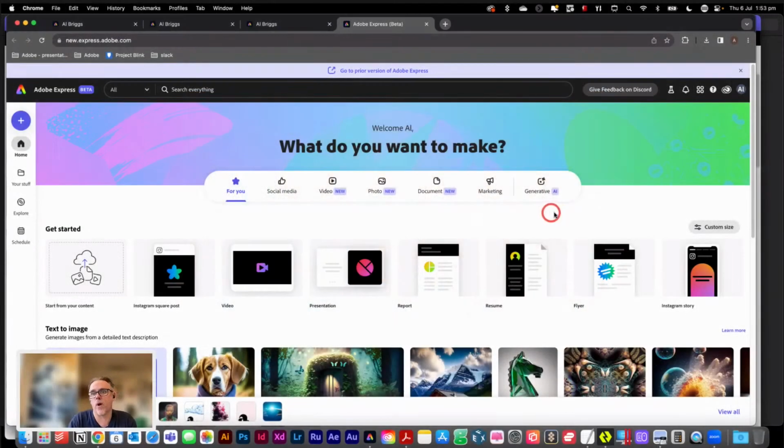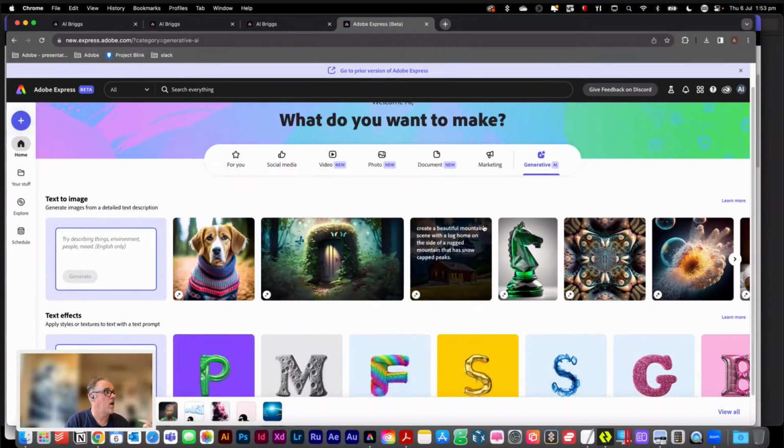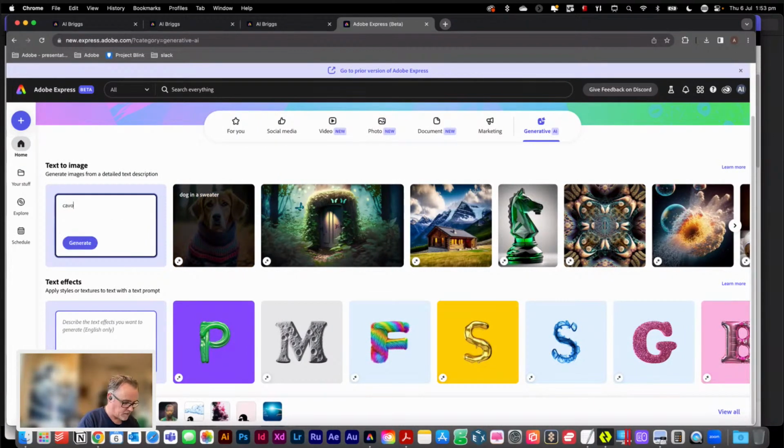To take a look at where you can use generative AI in interesting ways, there are two main things, and this came out of a project called Adobe Firefly. There are two fantastic things that are integrated at the moment. One is text to image, the other is text effects. So if I said, now my dog is a small cavoodle, if I type in cavoodle,